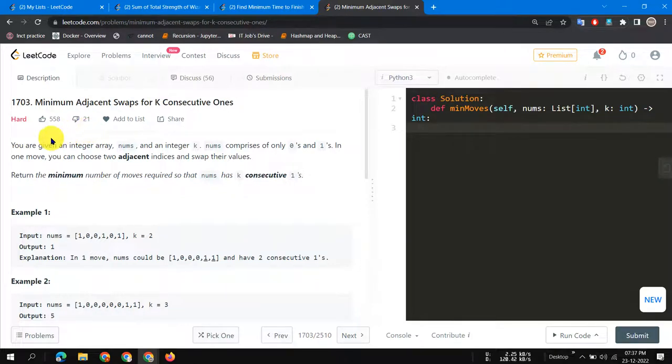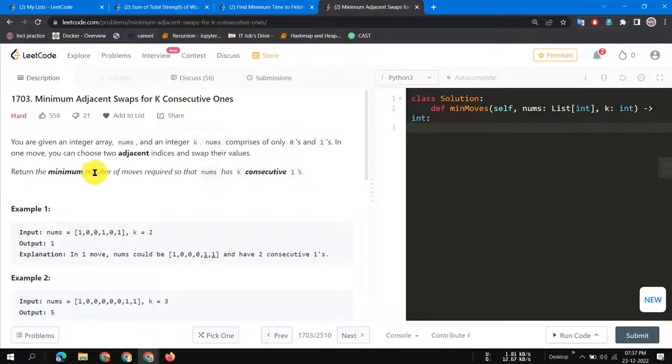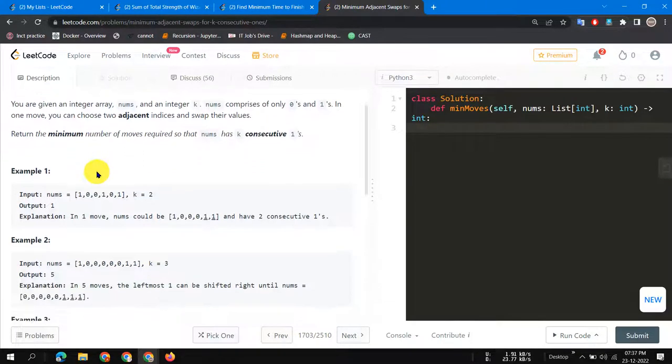So what's up guys, today we are going to solve problem 1703, minimum adjacent swaps for k consecutive ones. This is considered a hard problem, but trust me guys, I will make this problem a cakewalk for you. You will be able to code on your own after going through this whole video. Okay, so what the question says, I will not read the statement, I will just tell you what you have to